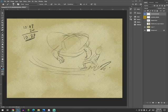He's going to have his mouth open, though. And should he have a rider? I feel like he should have a rider. Like a bullywug, like a frog riding a frog. You guys know what bullywugs are, right? So the top of his mouth will be nice and high. And should his tongue be sticking out? Okay, I feel like there's not enough distance between our...